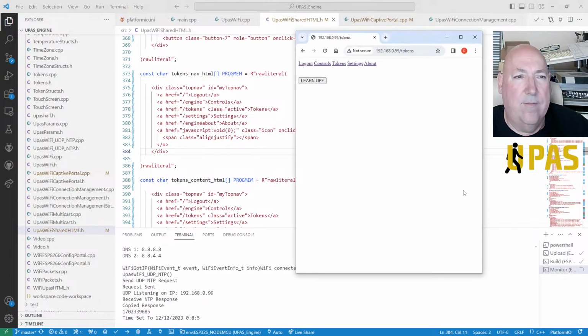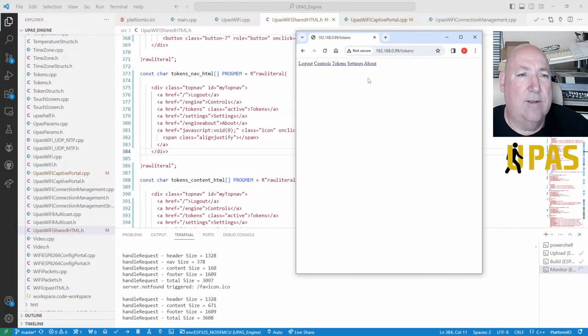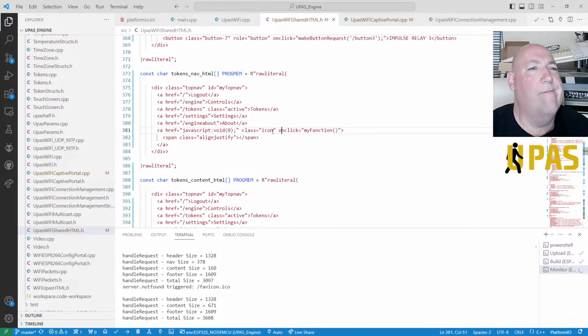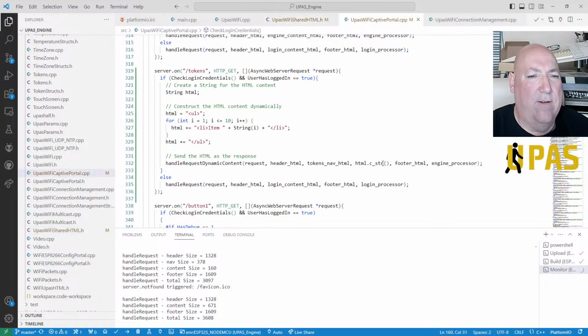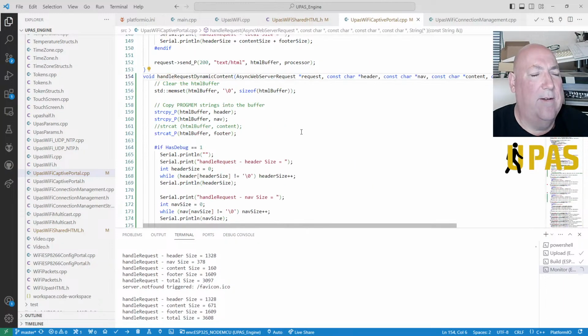Right. So into that, into tokens, right, so we've got, yeah, we've just got the header with nothing there. Yes, it's not getting the header, so how can we get that header back? So just that nav there, that should work, but header nav, and all we're doing is adding that, so it's hardly changed. It's hardly changed, so let's go to it again.